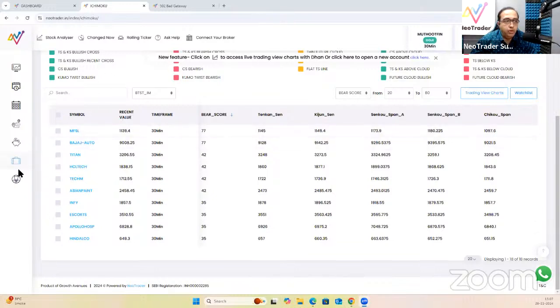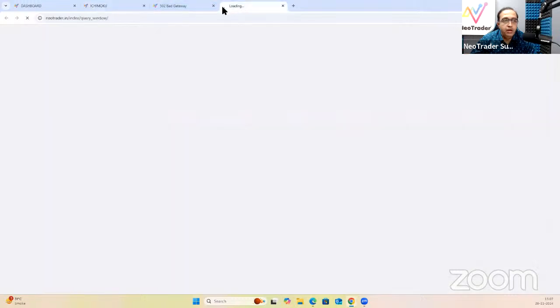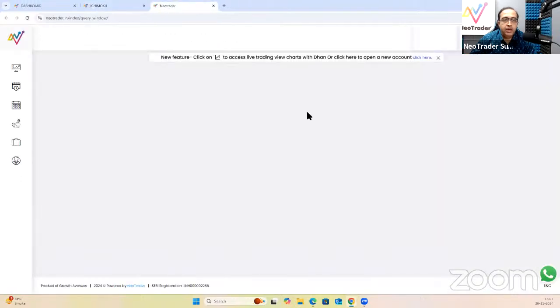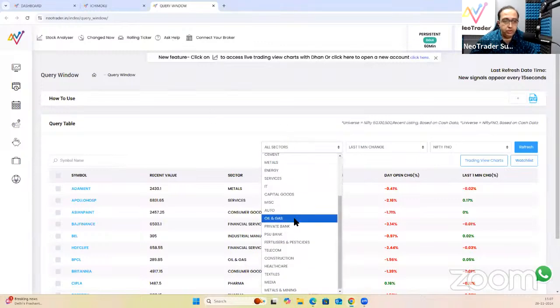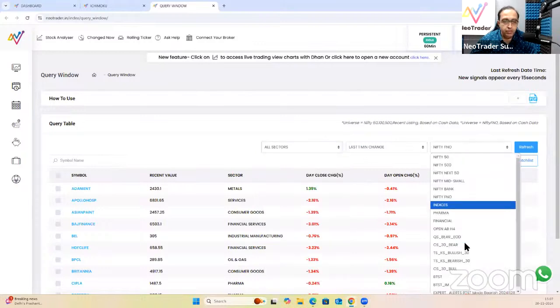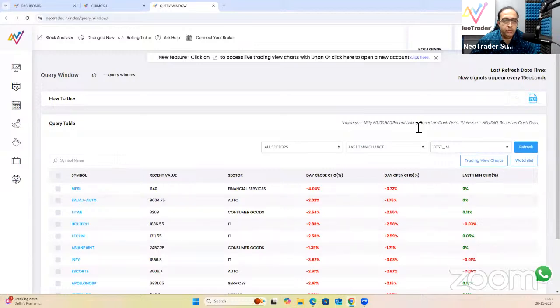So now what I'm going to do is go into the query window page. Okay, this will be my final call where I will find out कि अभी क्या इस particular list में momentum है कि नहीं. Correct. So what I am going to do, I am going to now select that particular stock, the watch list. Okay, what is my watch list? My watch list is BTST as per Ichimoku. So I am going to select BTST as per Ichimoku,